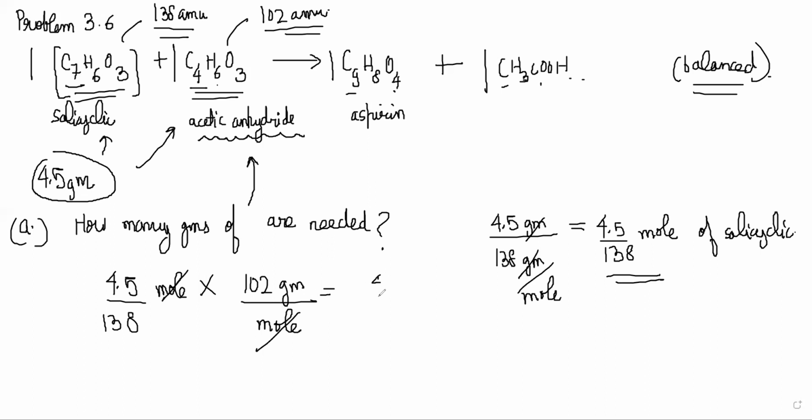Yes, sir. So 45 into 102 by 138 into 10. This calculation, now you have to get used to doing calculations by yourself without calculators. Don't use calculators now that you are studying in 11th and 12th. You cannot use them. So you have to do rough calculations in your own head or on pen and paper. Get into the habit of that.